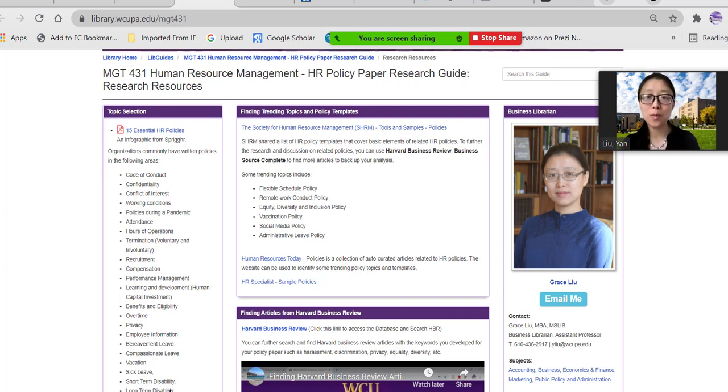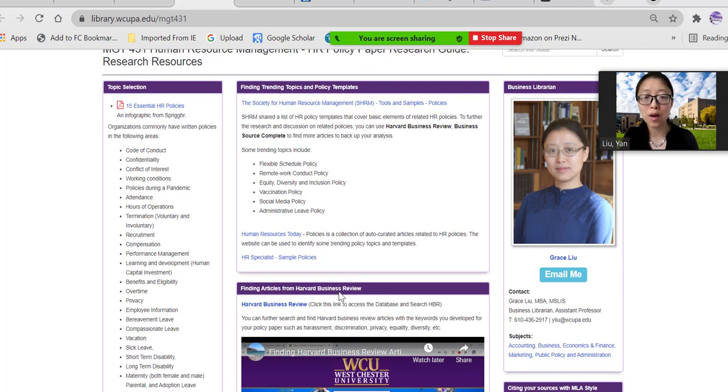for this policy paper. In the middle of this guide, on the top, we have funding, trending topics, and policy templates. So I have a link from the Society of Human Resources Management, SHRM, they have very good tools and sample policies. And also Human Resources Today, HR Specialist, they have some sample policies. So you can make a reference to select a topic or even develop some of the content in your policy